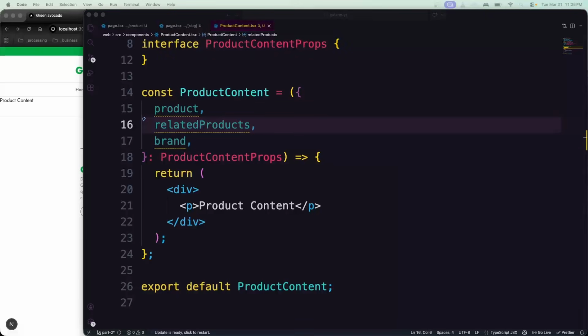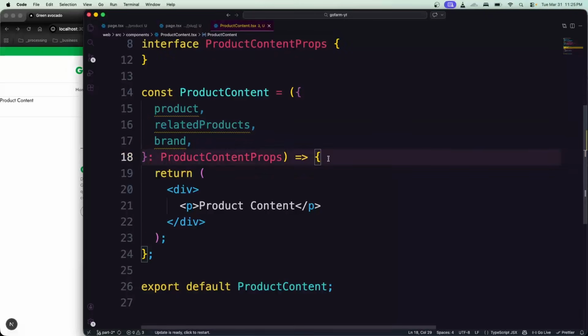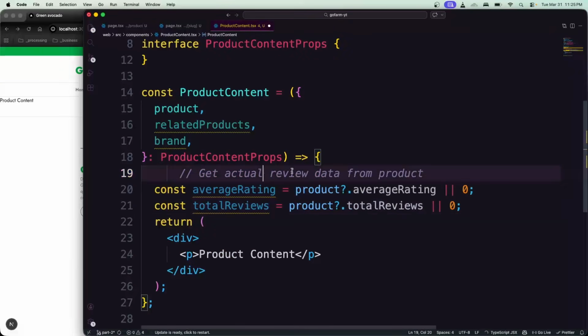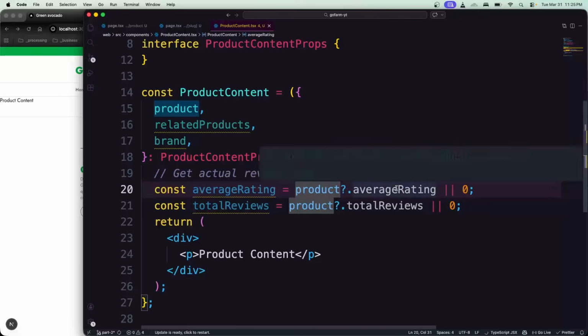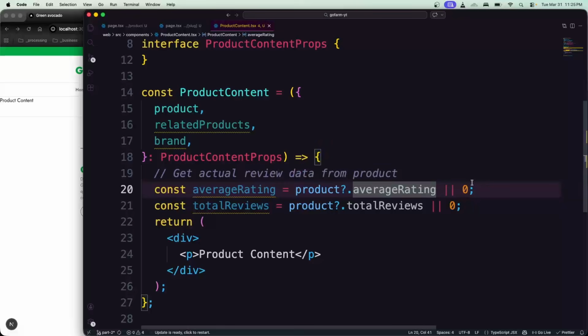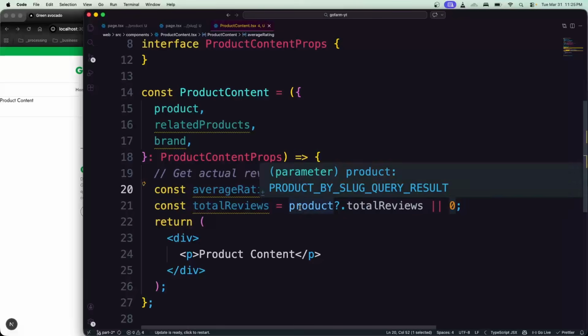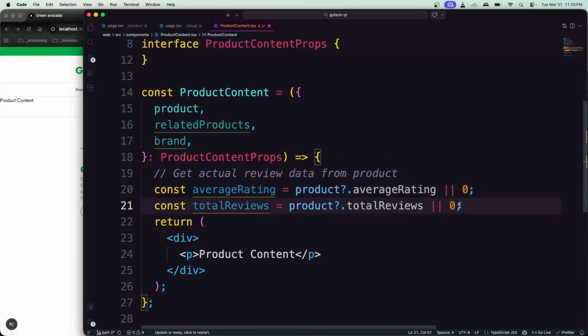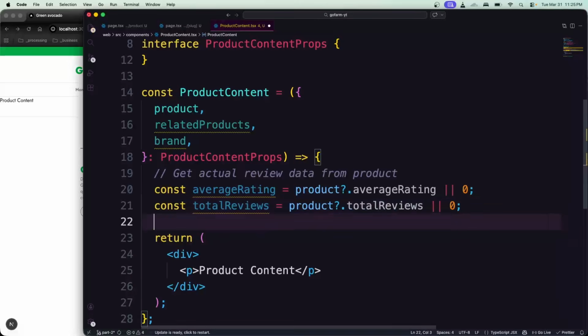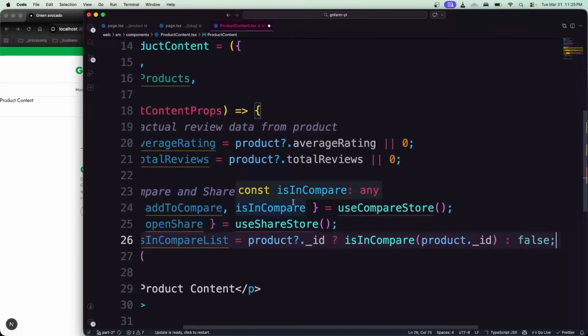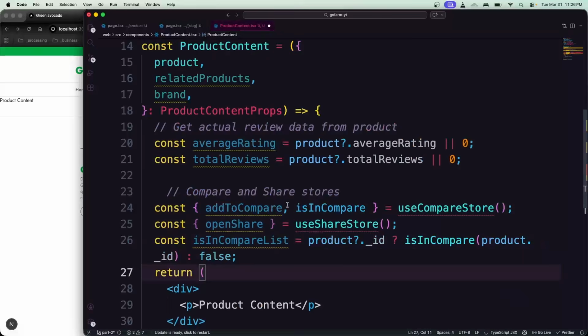First of all, let me see. We're going to get the actual data structure, which is going to be get actual review data from the product. So this is going to structure it, checking if the product average reduce rating is there, because it's coming either as a rating or undefined. So we can assign it as a 0. If it doesn't have reviews, we can also assign it as a 0, by which we can remove the error. And also we need to have that, let's say we're going to pass the compare